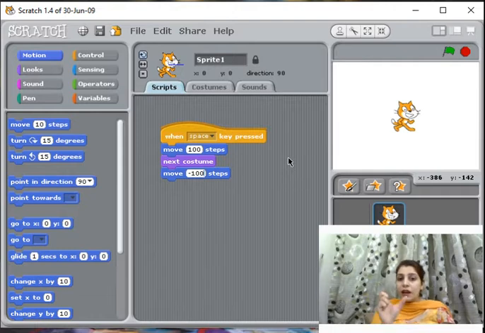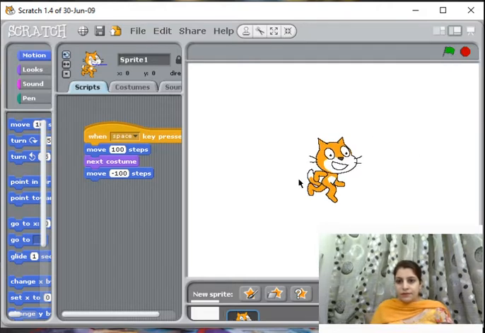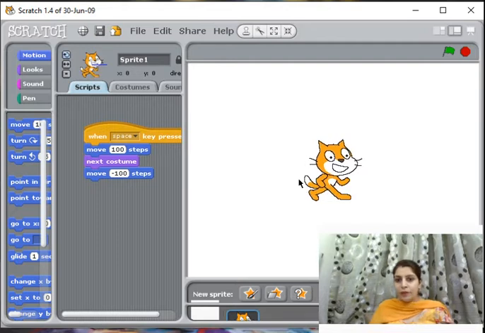Positive 100 steps will move the sprite towards the right side, and minus 100 will move the sprite towards the left side. That means backward, right? So look at the output. It will move 100 steps and then move 100 steps back.